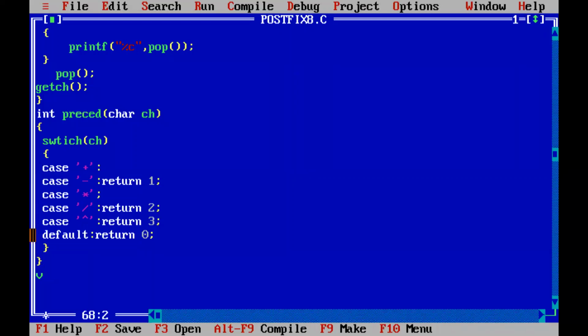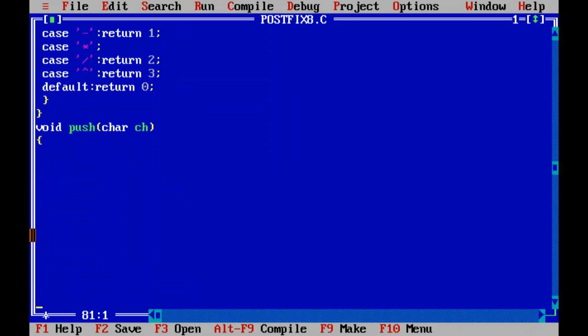That is, we have our push operation, or the push function, into which we are pushing either a left parenthesis or an operand, right? So we are accepting it as a character. And how we are doing the push operation, as I told, in order to do the push operation, you have to increment the top index number, and then we are assigning the value ch.